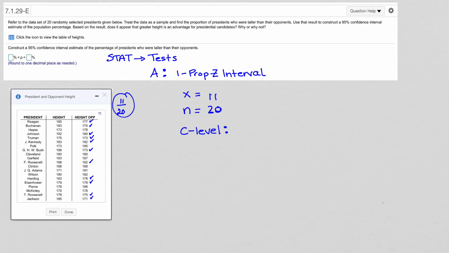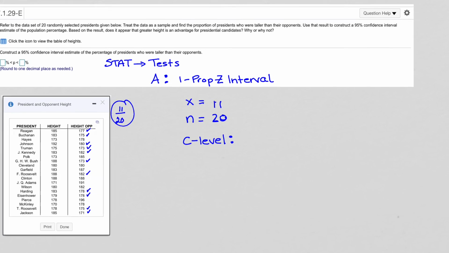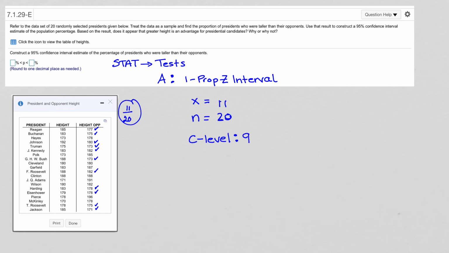And then we have confidence level, and that's going to be 95%. Is that right? Yes. So you're just going to put 95 in there, or 0.95. Okay. And then you'll press enter, and you'll get your confidence interval for that particular question. Okay, so my lower boundary is 0.3320, and my upper boundary is